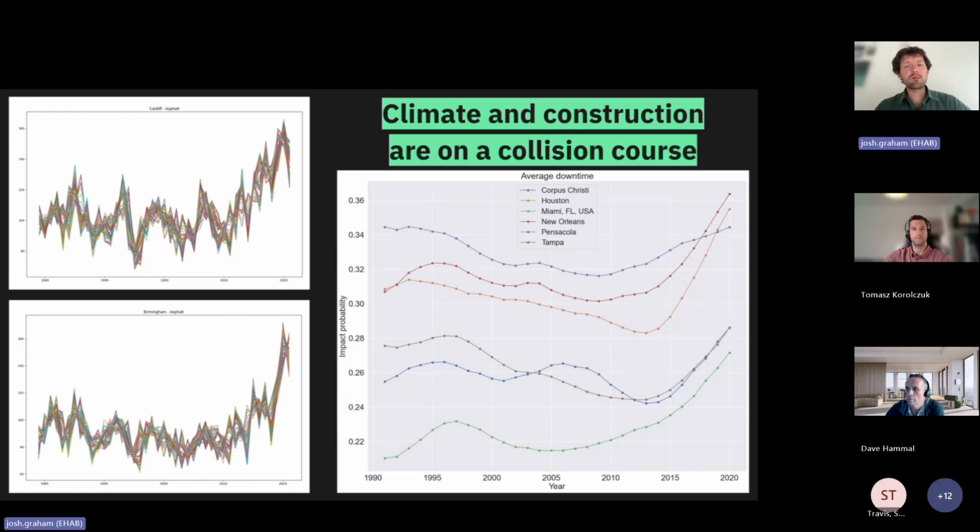And this is just a few graphs and charts to hopefully not get you too scared, but almost every single graph I see these days is moving in the wrong direction. And so we've done a lot of modeling specific to construction, and as you can see on the left-hand side here, asphalt, for example, is probably one of the activities which is having the greatest increase in potential downtime. But we've modeled locations all across the world. Now we have over 250 projects globally, and there isn't a single place where things are getting particularly better. So it's getting worse in general.